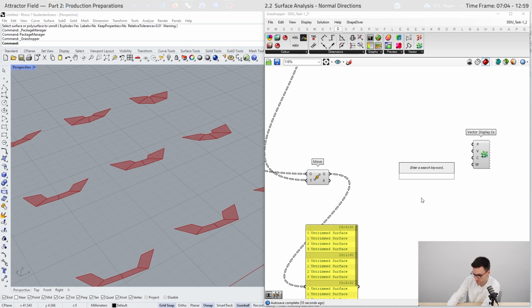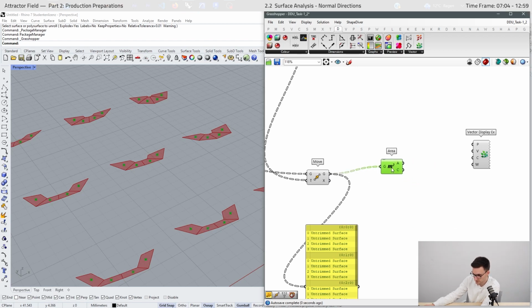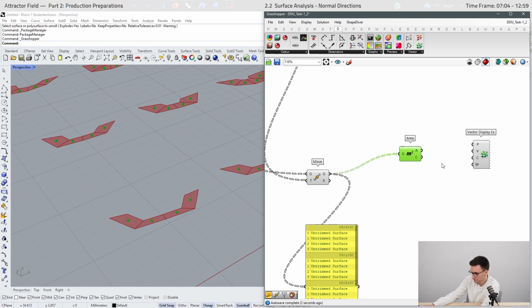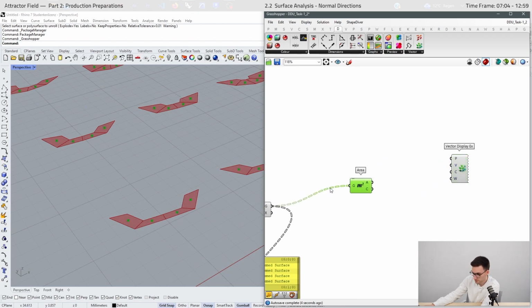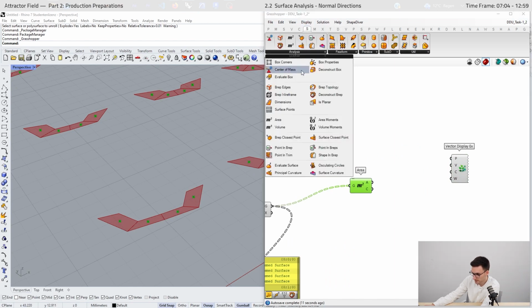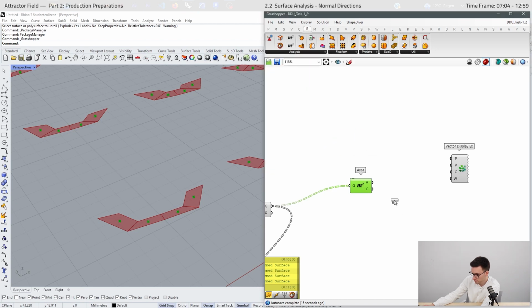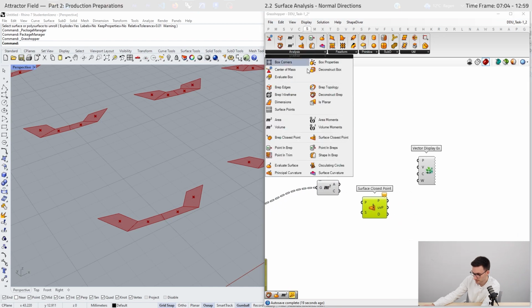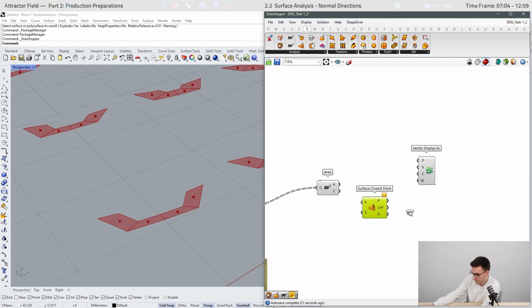We can get them with the area component. So if we plug this in, now we have all the areas. And to receive the normals, or the normal vectors, of these surfaces, we can use the surface closest point to receive the UV coordinates and the evaluate surface component.